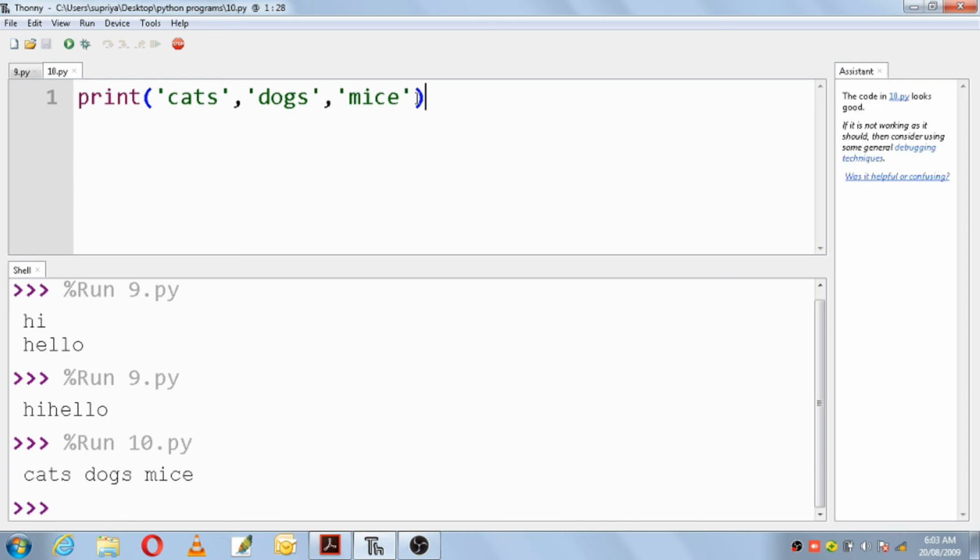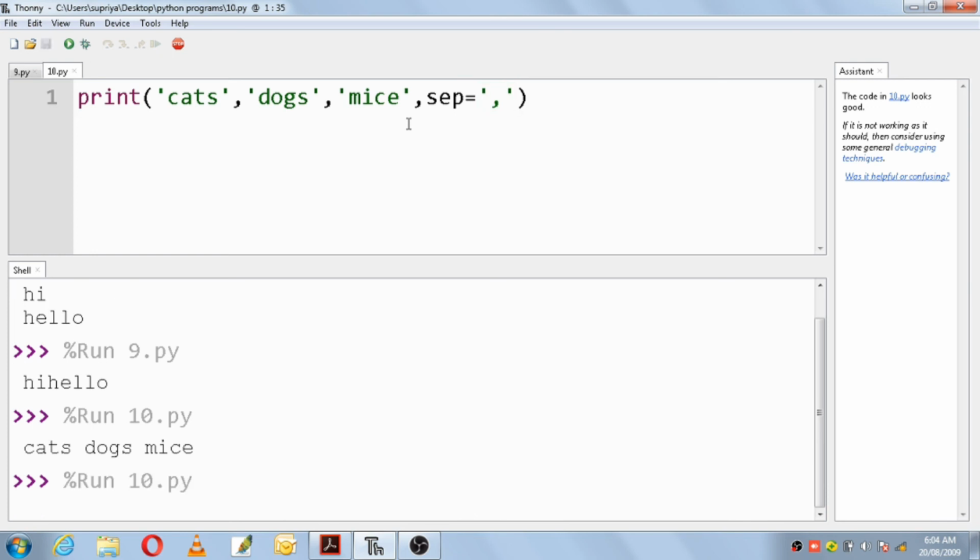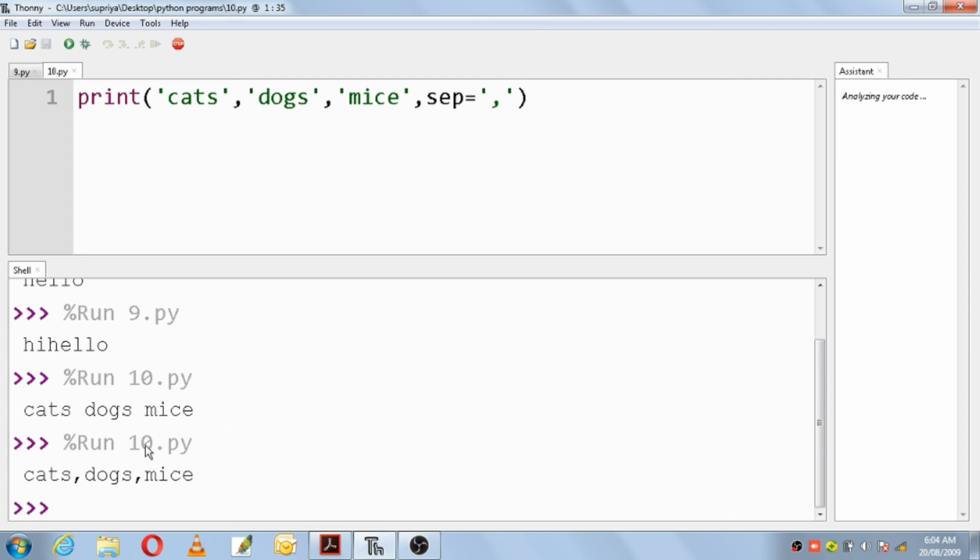But if you want it to be separated by commas, then put a comma and make use of the keyword argument sep. Sep is equal to comma, in quotes you give it as comma. Okay, so Control S, F5. So it is separated by comma: cats, comma, dogs, comma, mice.